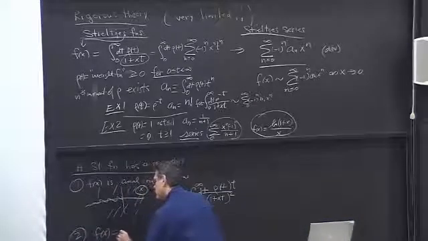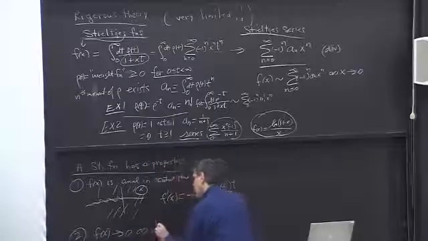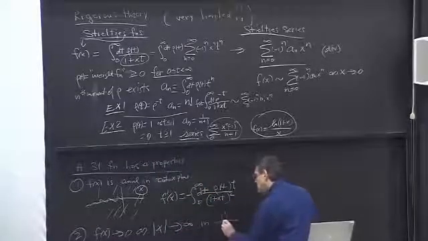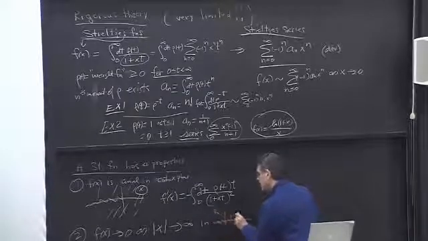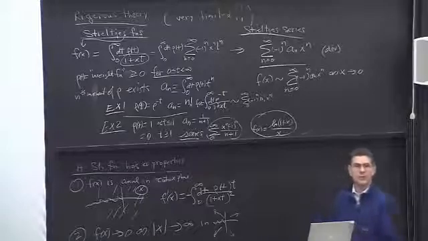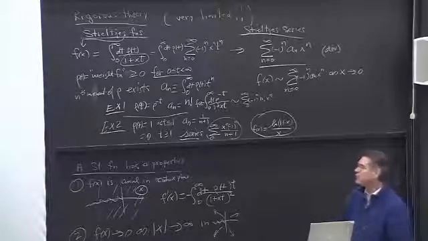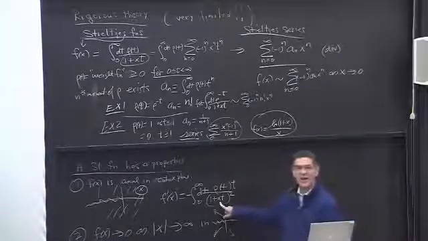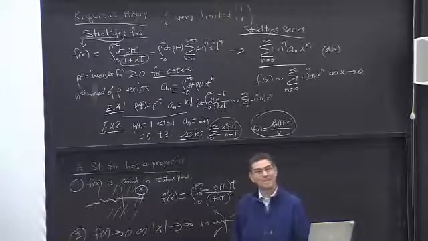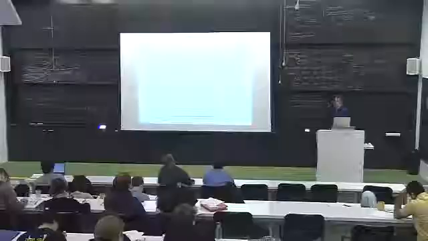Secondly, f of x goes to 0 as x goes to infinity in the cut plane. So as you go to infinity in any direction in the cut plane, f of x goes to 0. Why is this true? Because there's an x in the denominator. So it goes to 0. Okay. Third fact,